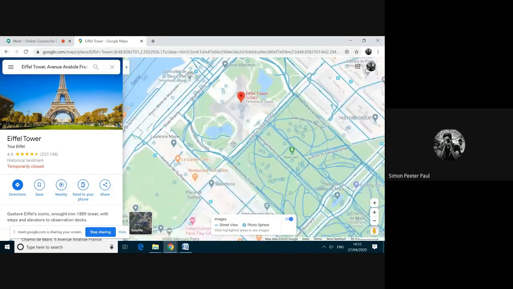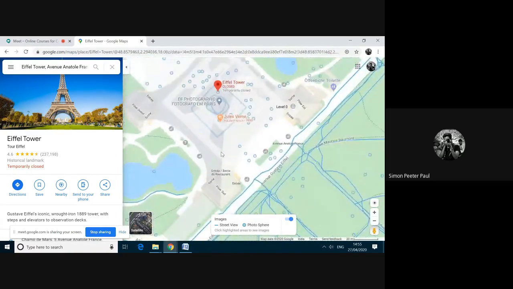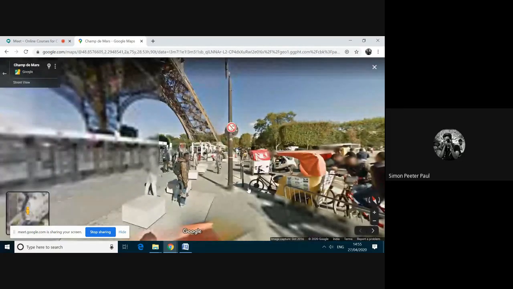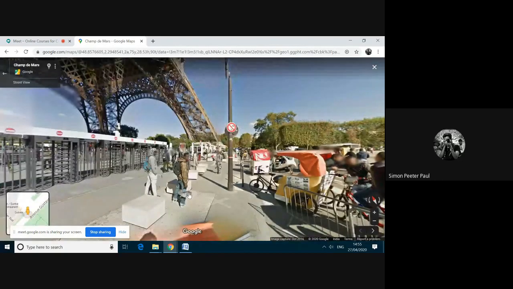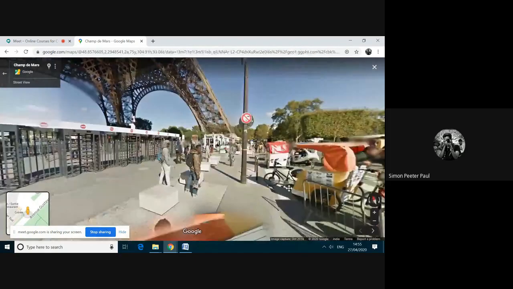What I'm going to do is click here. Let me zoom. Okay, I'm going to click here. See, this is the road. I can move any side.